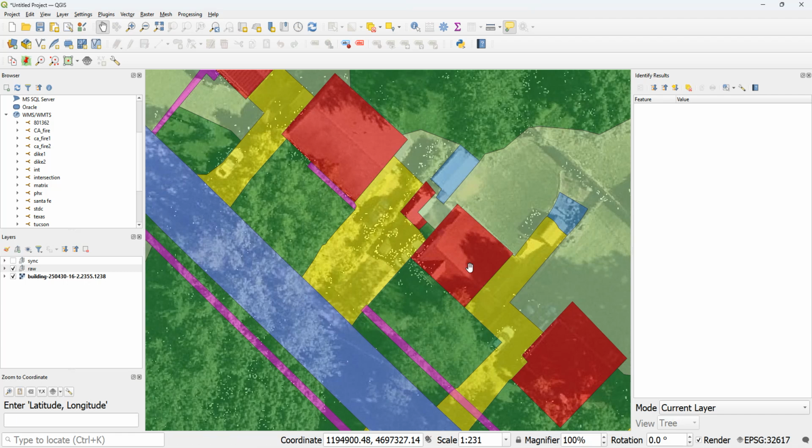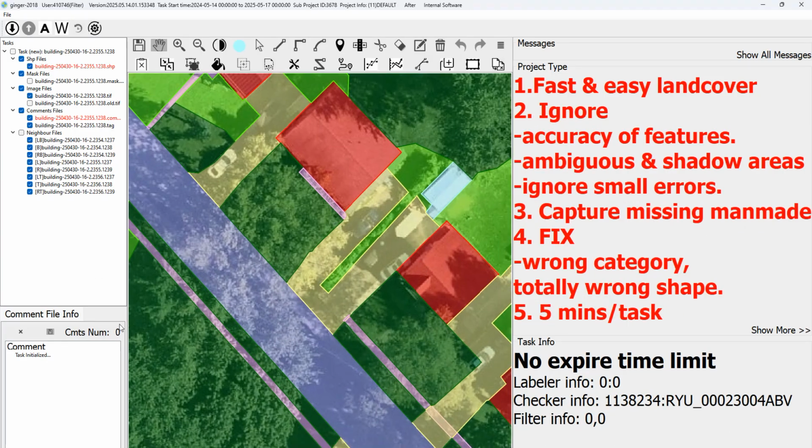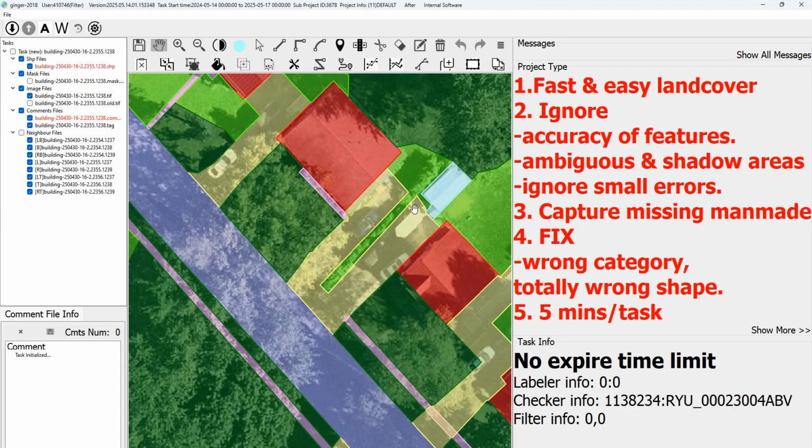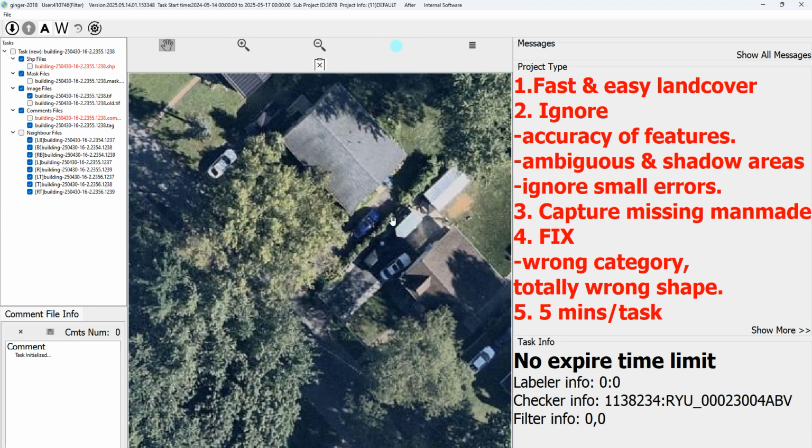Another one here. So this whole area was labeled as driveway by the system. This is the original result. And our labeler, he fixed it. All right, he fixed the grass in the middle of this driveway. That is also unnecessary. That could only slow you down, because this one also is pretty ambiguous,